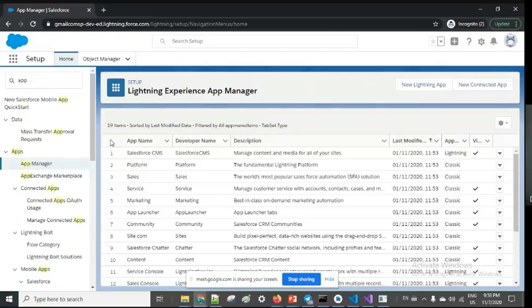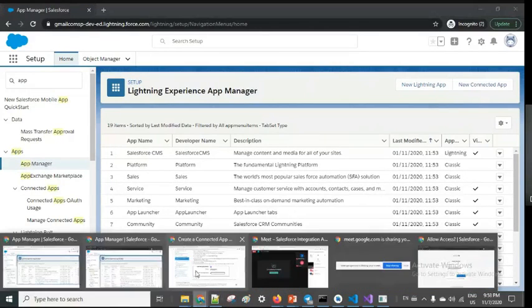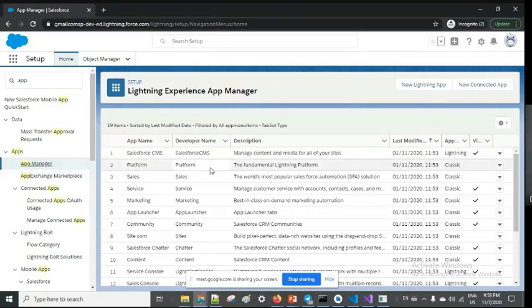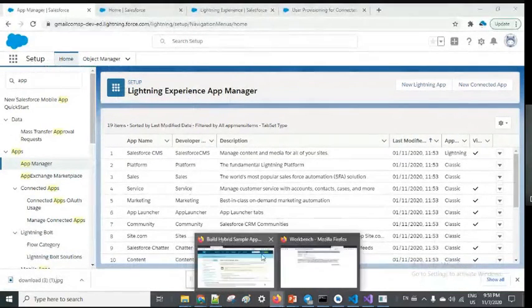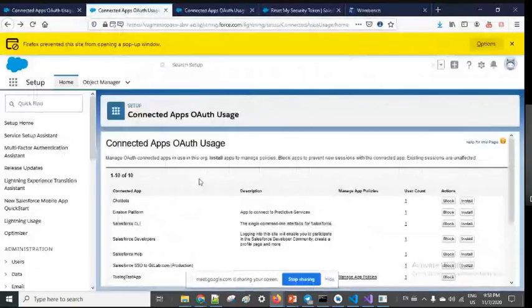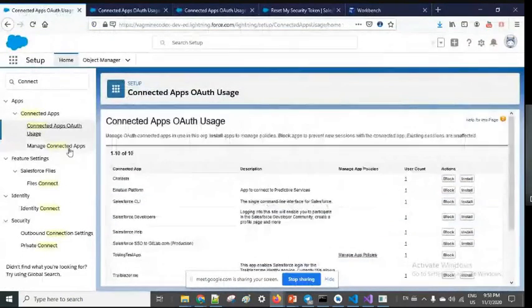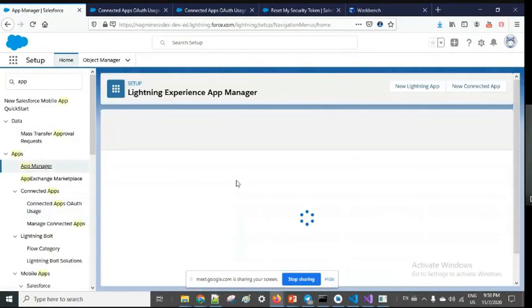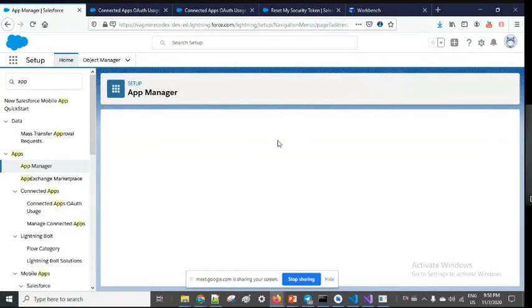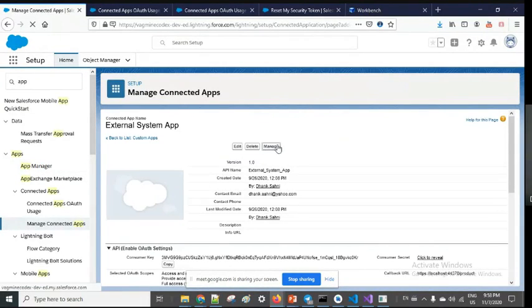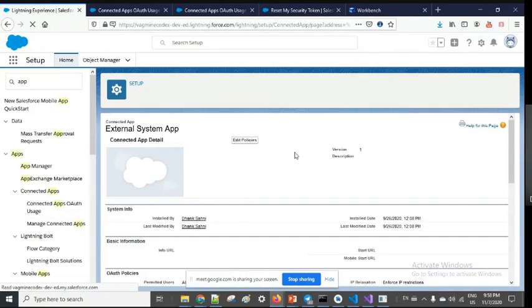Okay, not this one. I have multiple applications open. Sorry, this one is not that case. Let's go to one of the app manager, external system. Let's go in view. You can directly go to manage also, but let's go here. I'm going to manage. And here, when you edit policies,